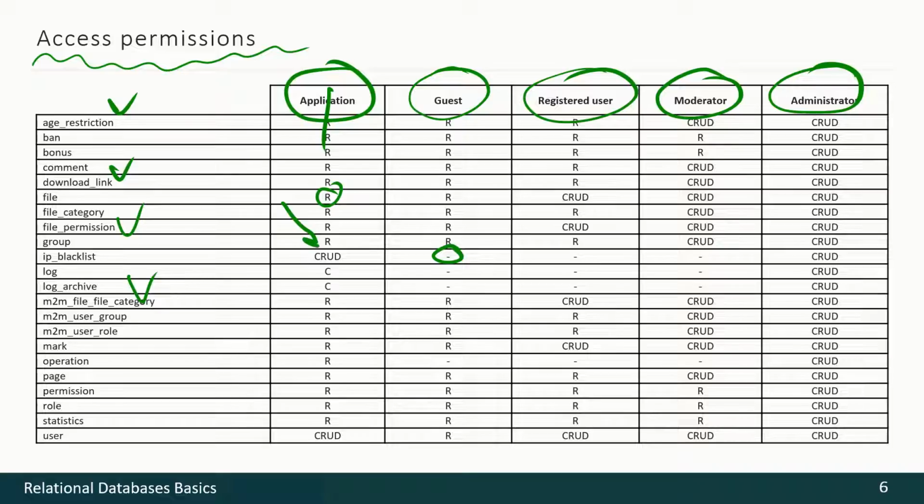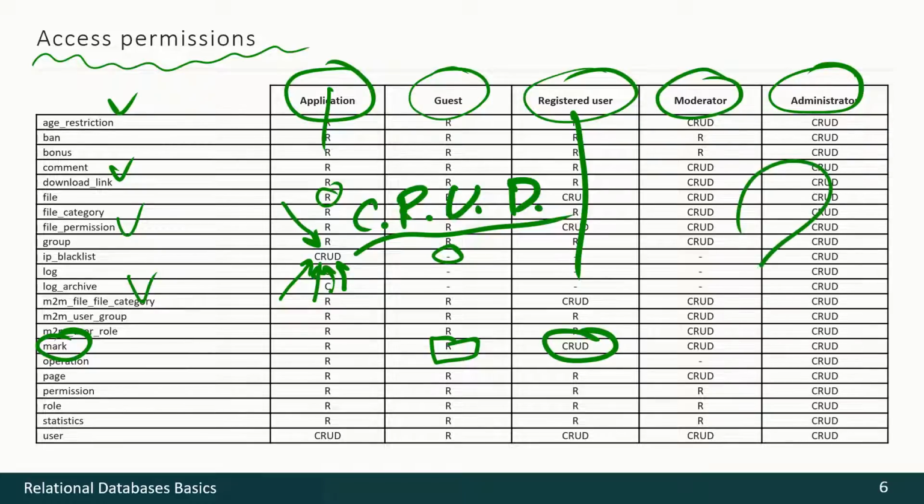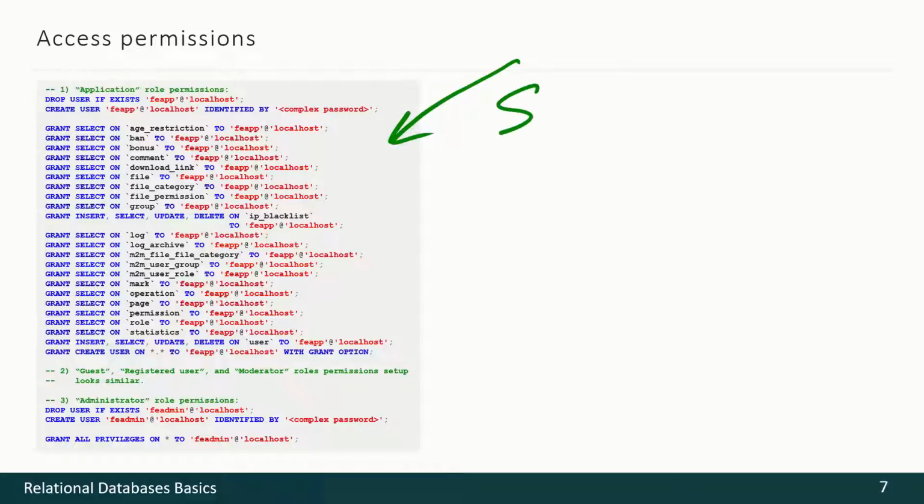If you are not familiar with this abbreviation, it comes from the next words: create, read, update, and delete. So create, read, update, delete, CRUD. And you may see that, for instance, for this object, this role has all permissions, and this role can only read. So how can we set all those permissions? The only solution here is SQL code. In a couple of minutes we shall see how it works in real environment.